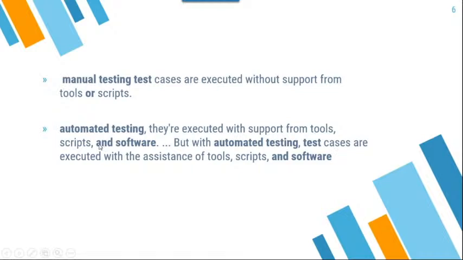Tools and script. Suppose you want to do automation for any application, what is required here? You need some tools, and you also need some scripting knowledge. Java is required, Python is required, C sharp is required. If you want to write the script in Python, you need to learn Python. If you want to write it in Java, you need to learn Java. If Ruby, you need to learn that language. Based on that, you write the script. Based on the tools and script, we will execute the application.